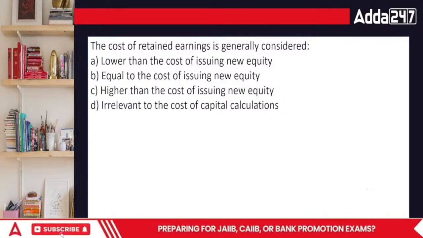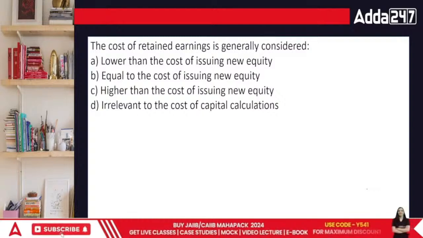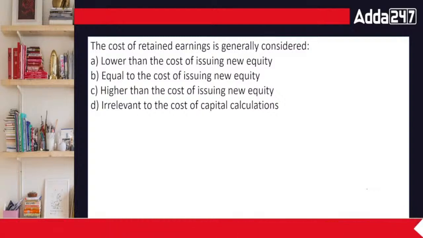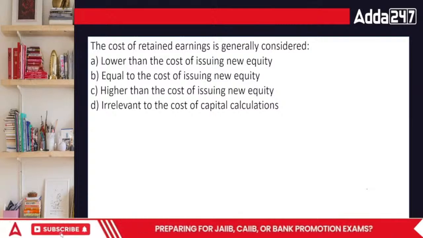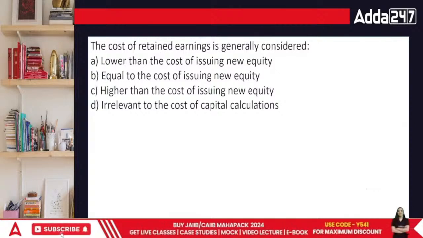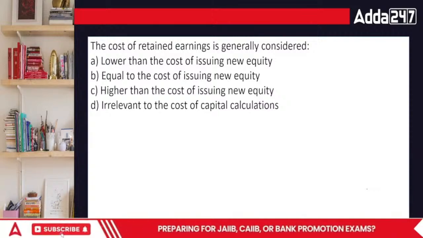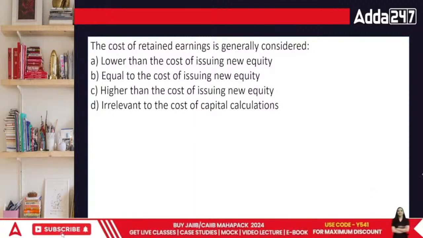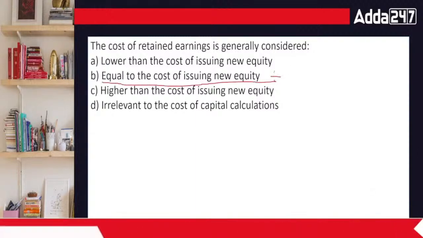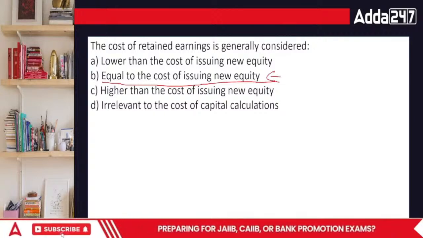What's going to be the answer? The cost of retained earnings. पता है, generally it is shown as if it is less than equity, but in actual it is equal to the cost of equity. Why? Because normally what happens is whenever we have retained earnings is basically the money that we didn't take out of the business. While it belonged to the business itself, but we didn't take that money out of the business. You know, so if you're not taking that money out of the business, the equal to the cost of issuing new equity. In this case, whenever we issue